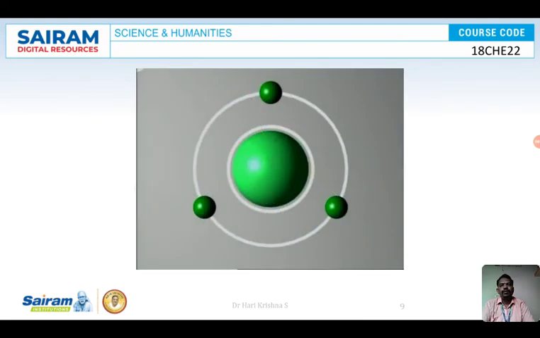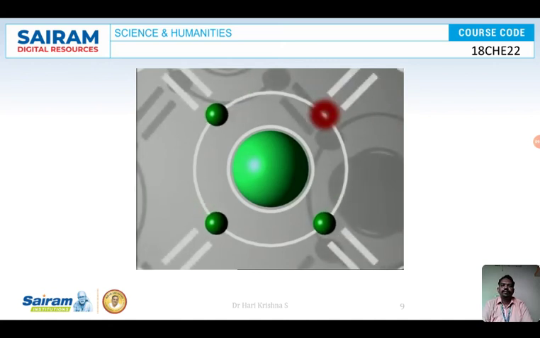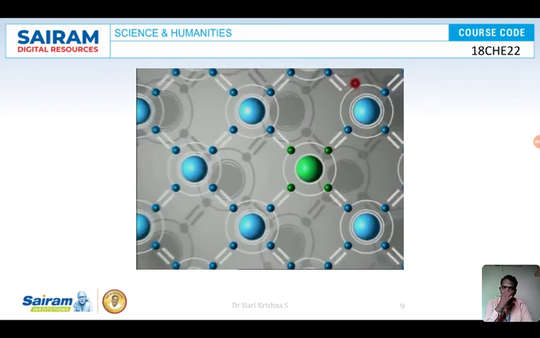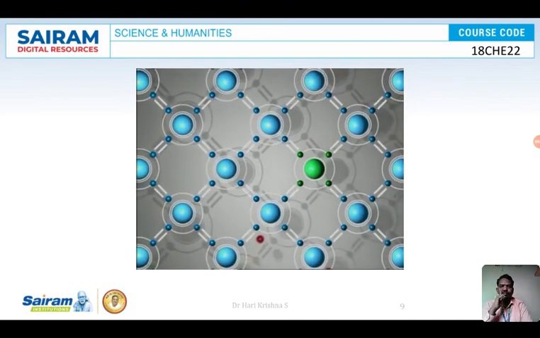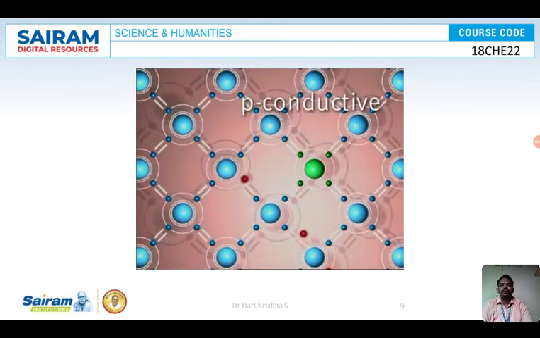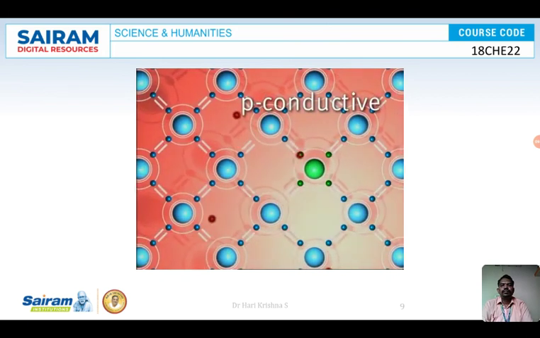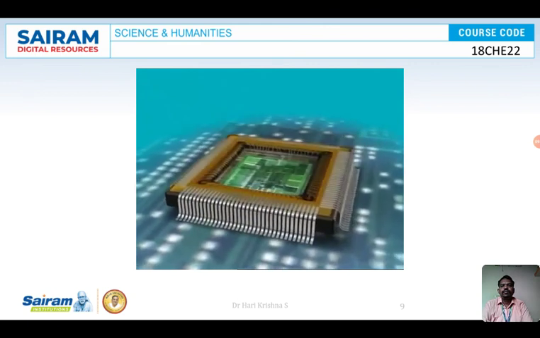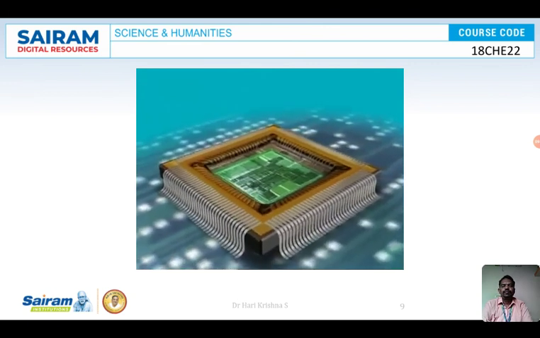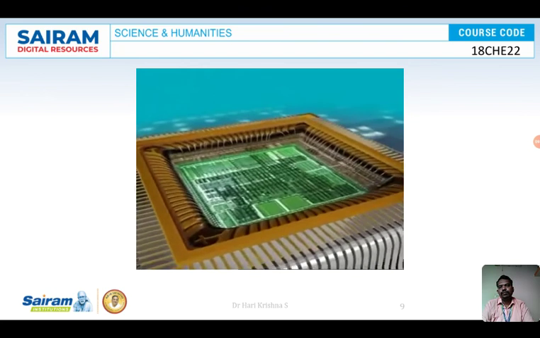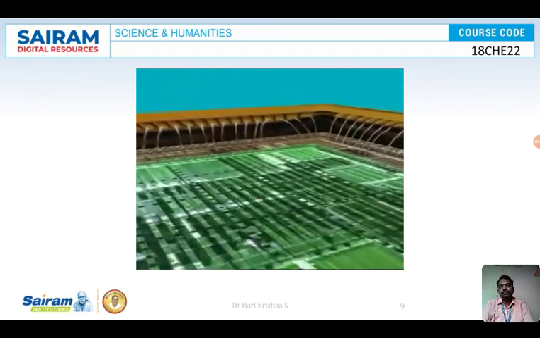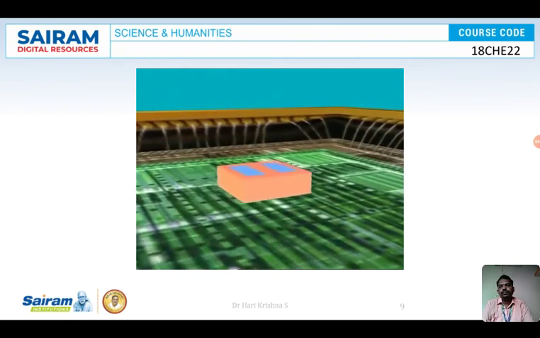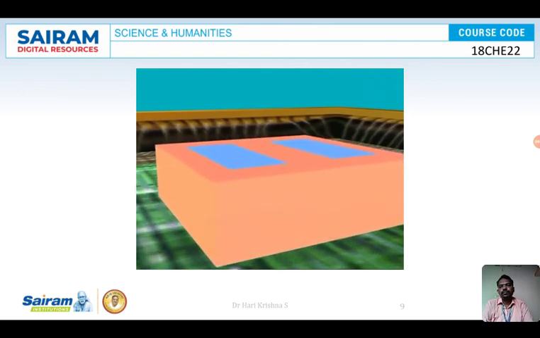Boron atoms, on the other hand, have only 3 outer electrons. P-type silicon. When they are built into the silicon lattice, 1 silicon electron is missing. This creates electron holes. They move through the crystal like positively charged electricity particles. The material is positively charged or P-conductive. The transistors in modern memory chips are constructed from P and N conductive layers such as these. Transistors are the smallest control units in the microchips.